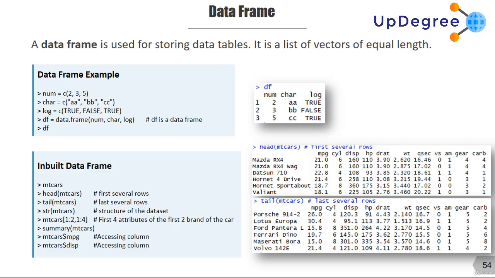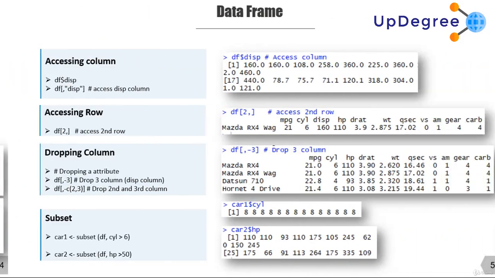And then again you can apply all those functions we learned. Head, where we can see the first several rows, we saw tail, we saw structure, str, we saw summary as well. We learned how to access any column. We also learned how to access a row,